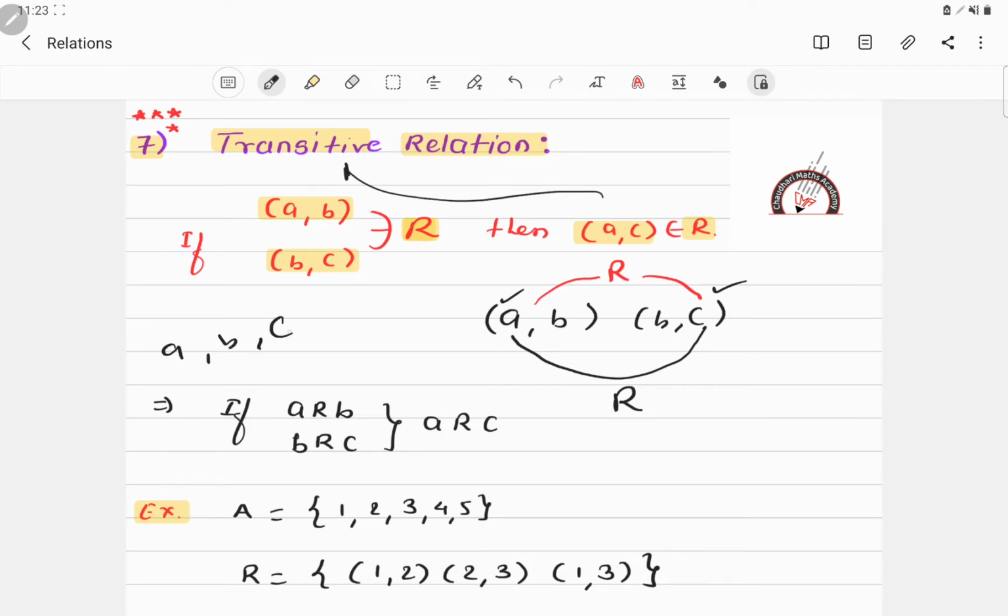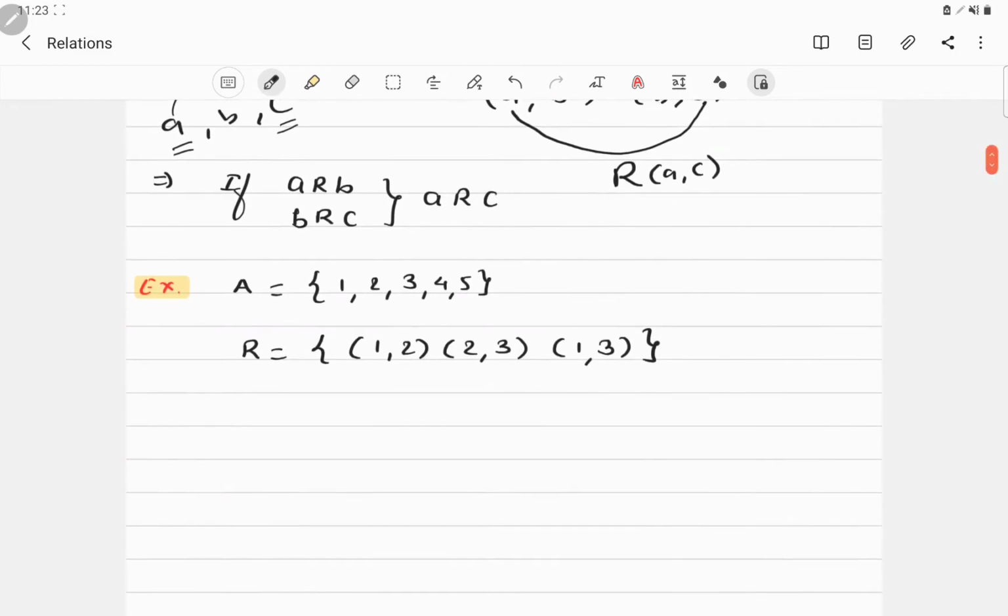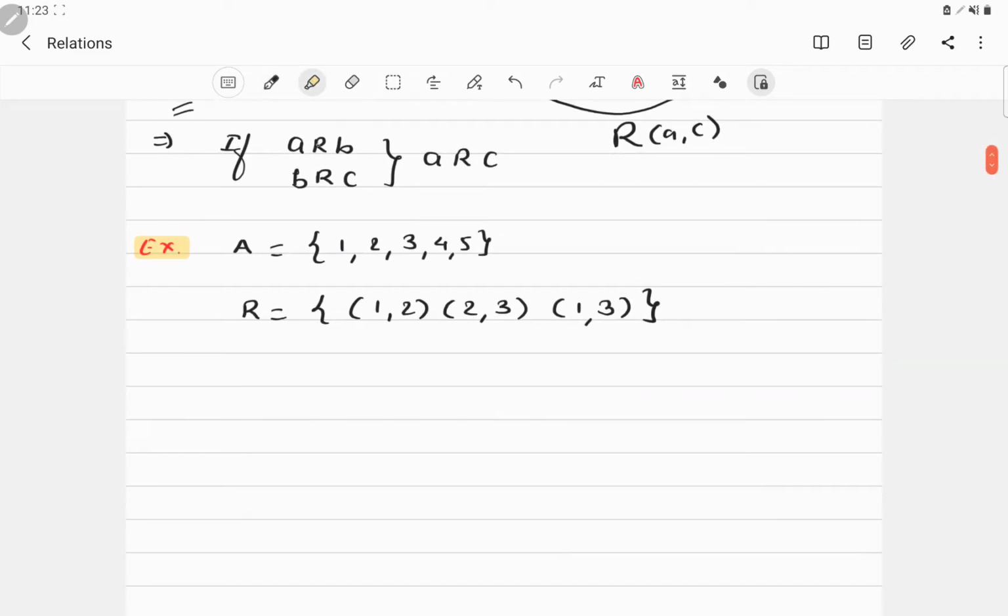If you take A, B, C in order, A is the first, B the second, C the third. So A in relation with C is nothing but a transitive kind of relation. Let me explain this in detail. If A is in relation with B, and B is in relation with C, then A is also in relation with C. So please observe, if A is in relation with B, B is in relation with C, then make sure that A is directly in relation with C.